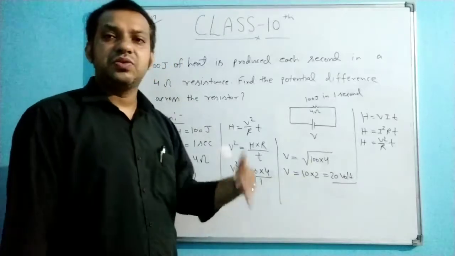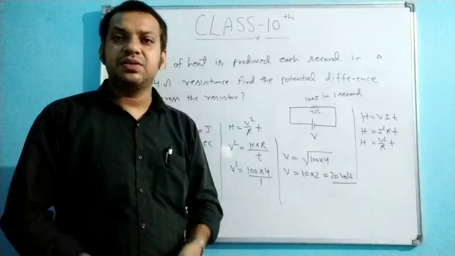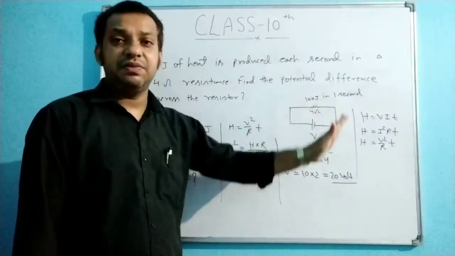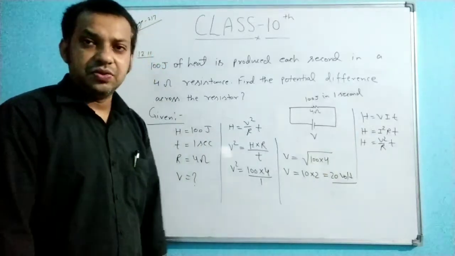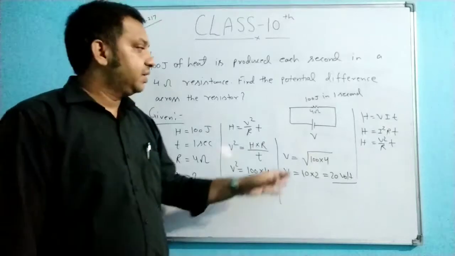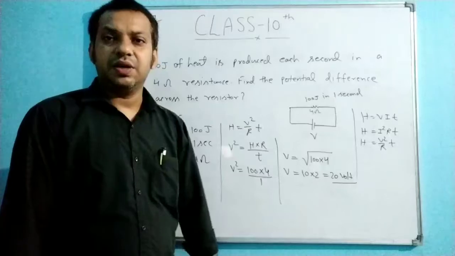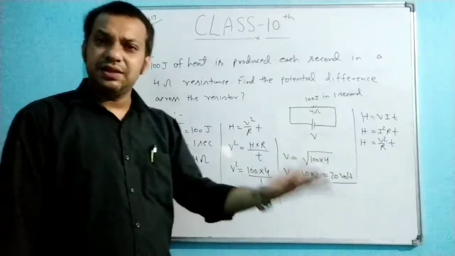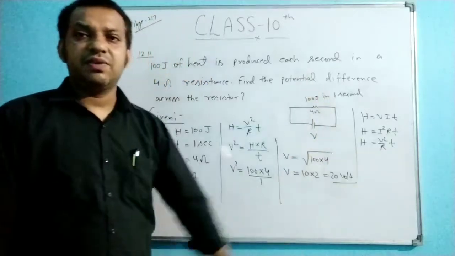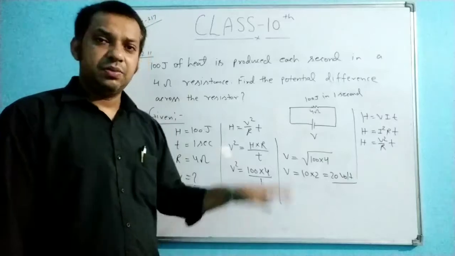So already we know the direct formula for the voltage. Then why are we applying it two times? First we calculate the current. In the question it is not mentioned to find the current. So why calculate the current and after that find the voltage? It is better to apply this formula. But in NCERT it is mentioned to first find the current, and after that apply V is equal to I into R. So that is the lengthy process, because we already know the direct formula, so just apply the direct formula and find the value of the voltage. I hope you understand this.